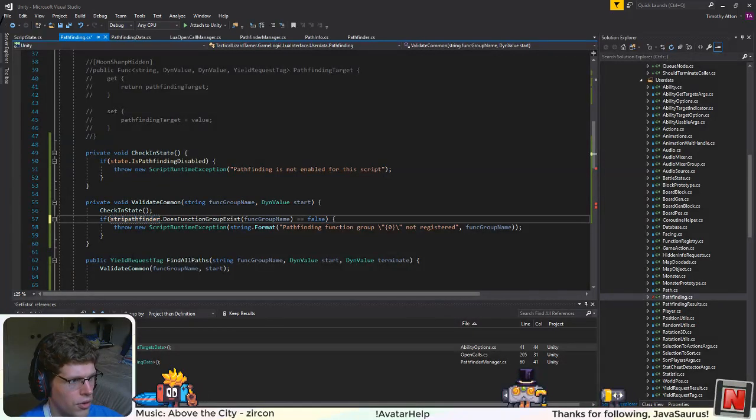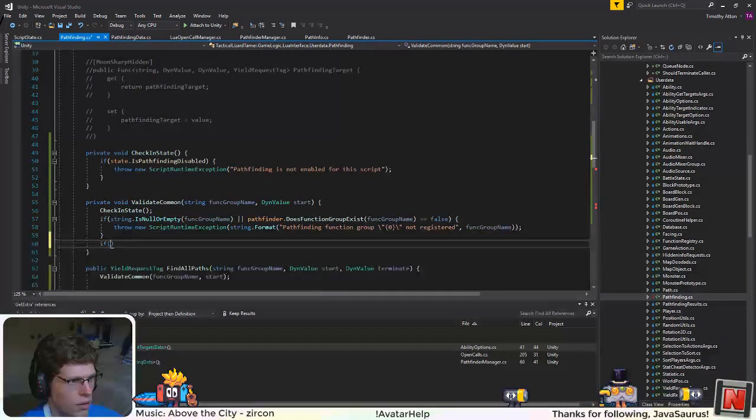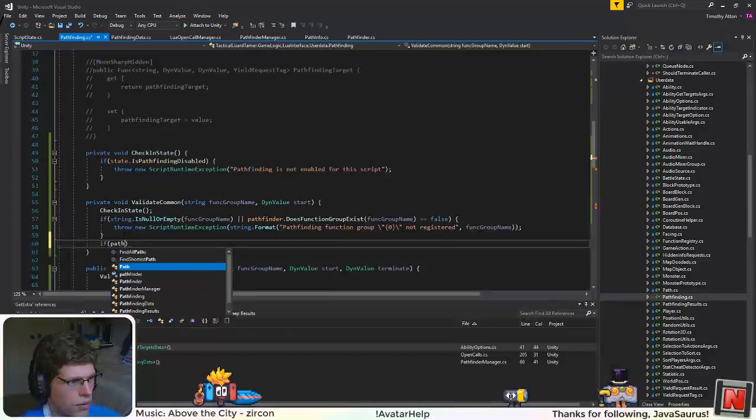Okay, so if string is null or empty, or the group doesn't exist. Okay, and then I also need to check if Pathfinder